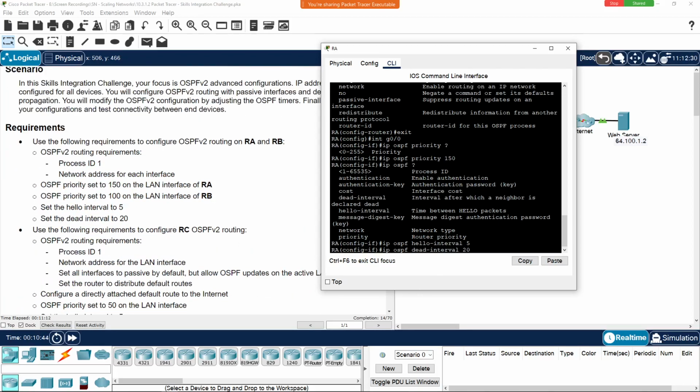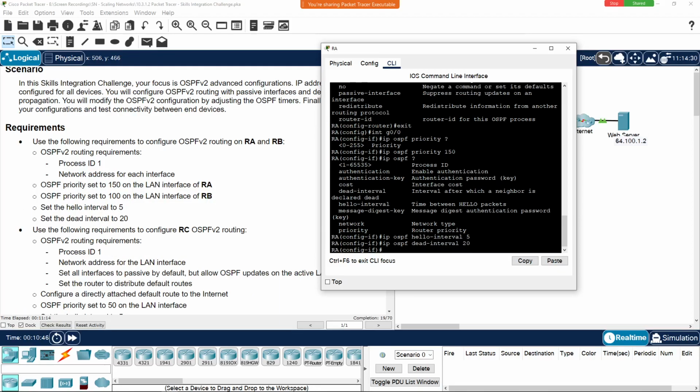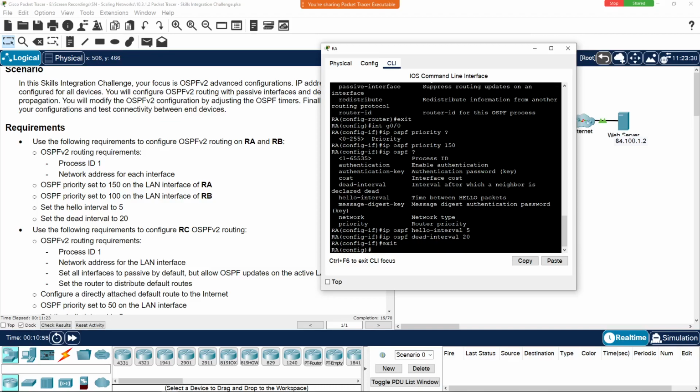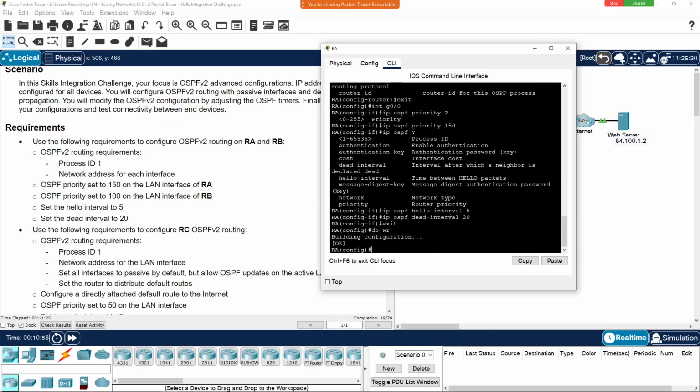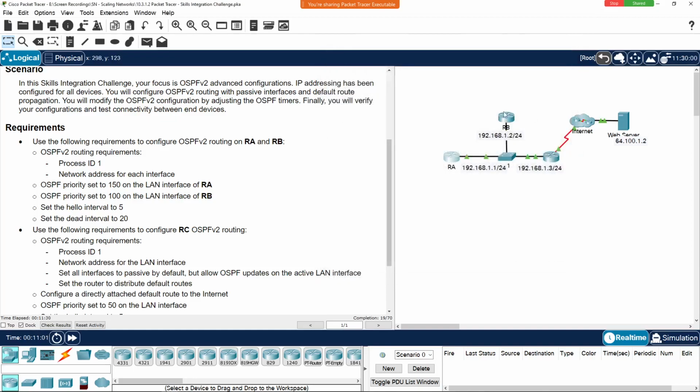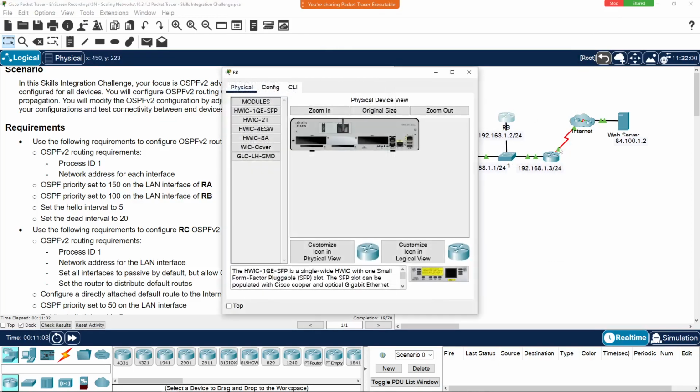Oh yeah, so with this, we basically finished with router A. Now we are good to move on to router B. So with that, we wanted to save the config. All right. Now let's move on to router B and do pretty much exactly the same thing we did in